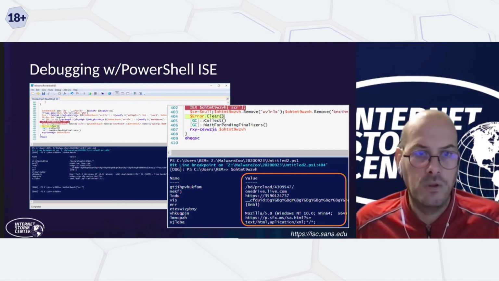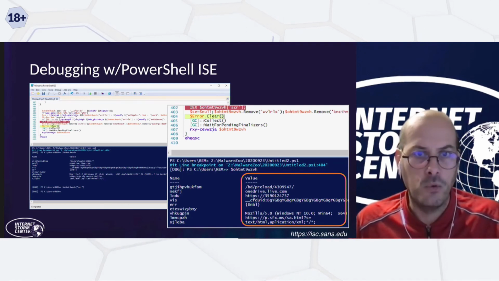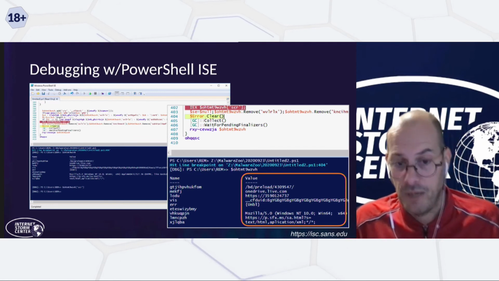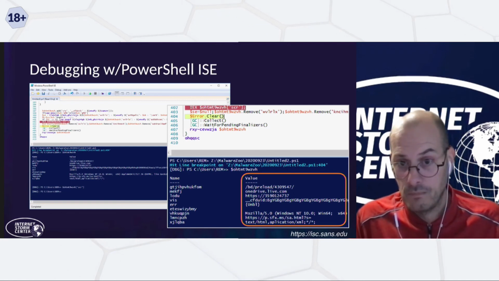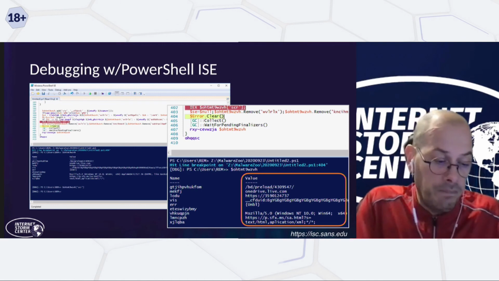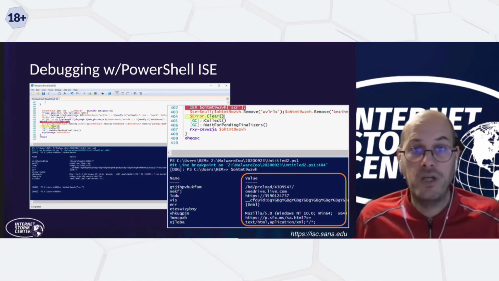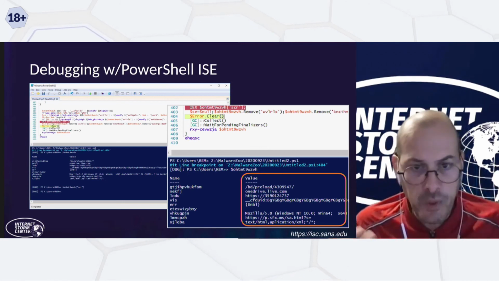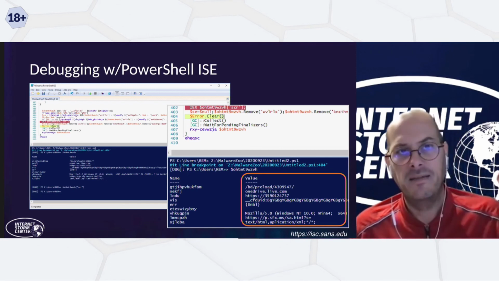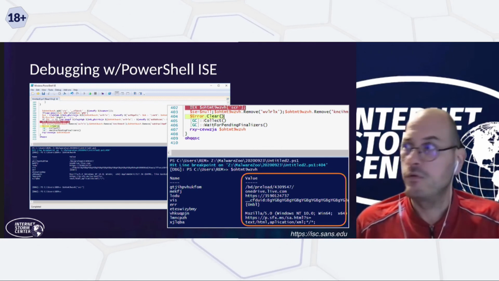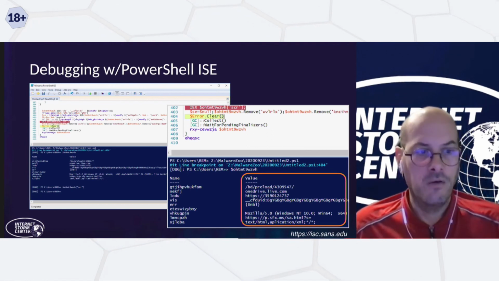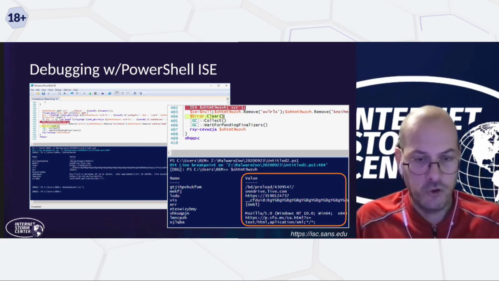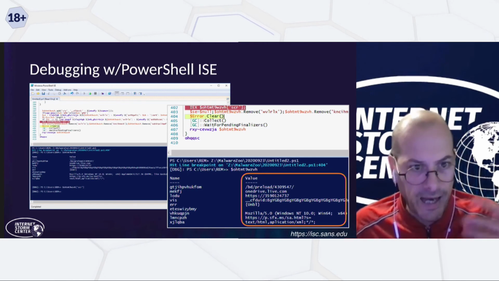A very nice tool, and it's my favorite one, is to use PowerShell ISE. PowerShell is installed by default on every modern Windows computer. But in parallel to the interpreter, you also have PowerShell ISE, which is the complete environment to develop PowerShell code, with a nice GUI and so on. And guess what? This PowerShell ISE has a wonderful debugger with all the features of a debugger. So it means that you can put breakpoints, you can investigate functions, you can interact live with your PowerShell